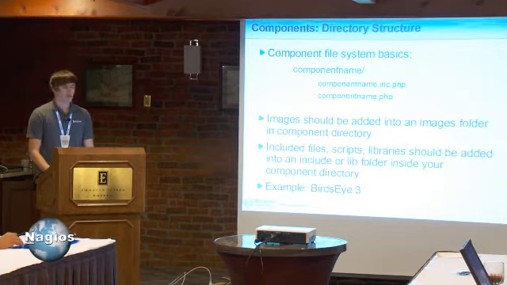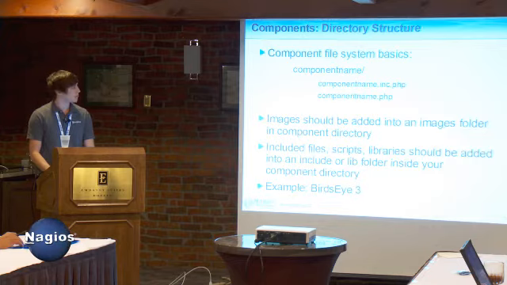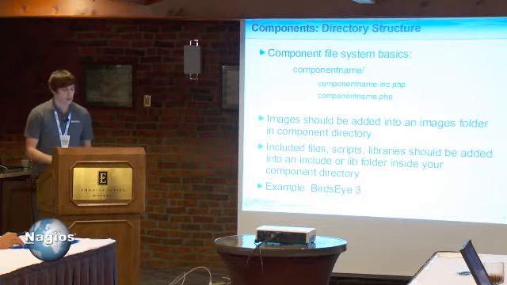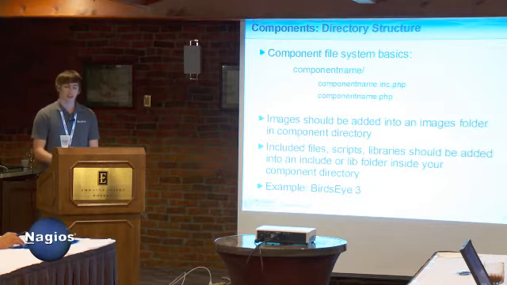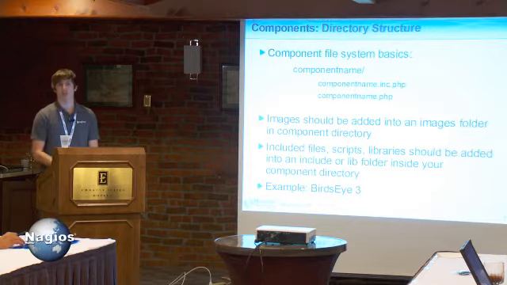The component file system is pretty simple. It's the component name, all lowercase, preferably no underscores or spaces, but underscores work too if you don't want to put it all as one word. And then you do the component name .inc.php, which is where you put your config settings, and it's going to have all the information that you're going to need. And then most people will do a component name.php as the actual page that's going to be displayed,